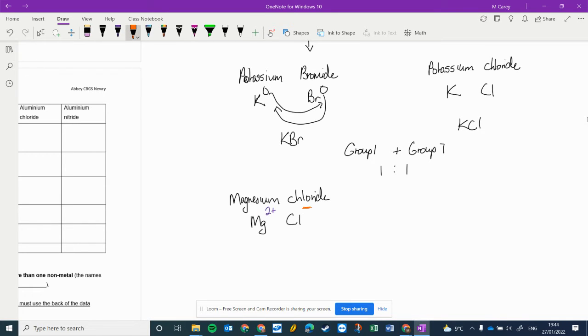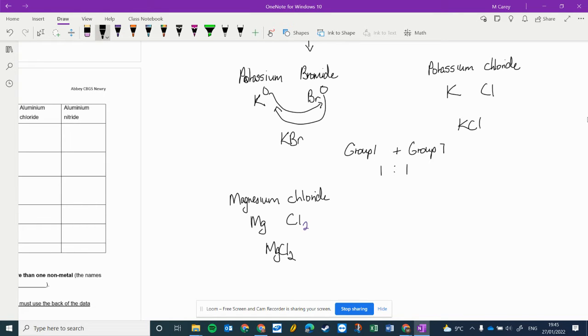Now again, we're going to get rid of the charges. So you can never have pluses or minuses in the formula. So I'm going to rub those out. So we're losing the charge. And now what we're going to do is we take, I'm going to just capture that. Okay. And take that, and hopefully I can move that down. So it's a drop and swap scenario here, right? Now we've no number. There's nothing here. Okay, so there's nothing to drop and swap. So actually, what we're left with is